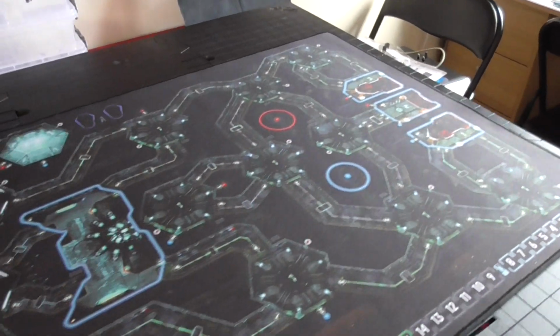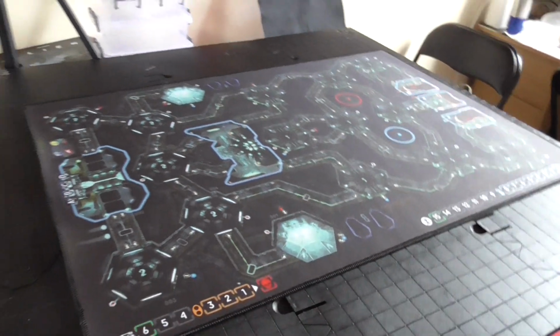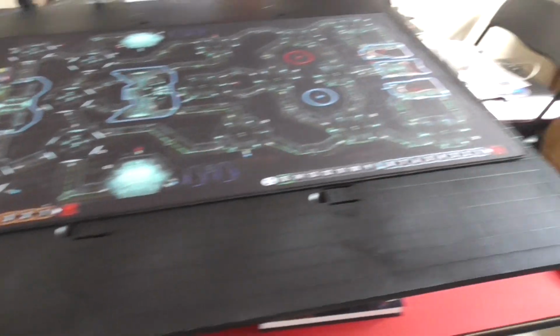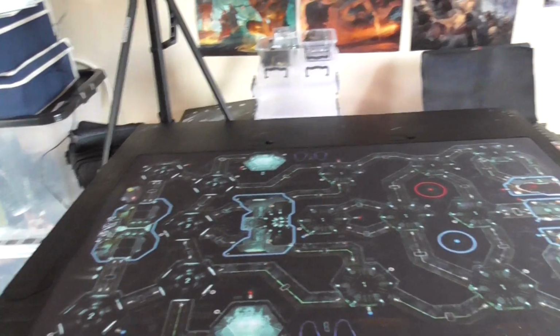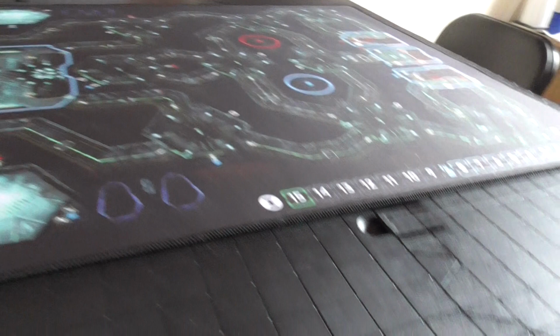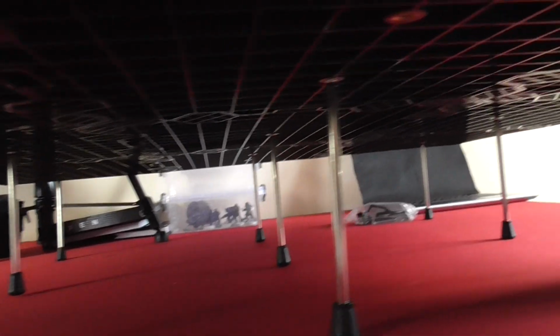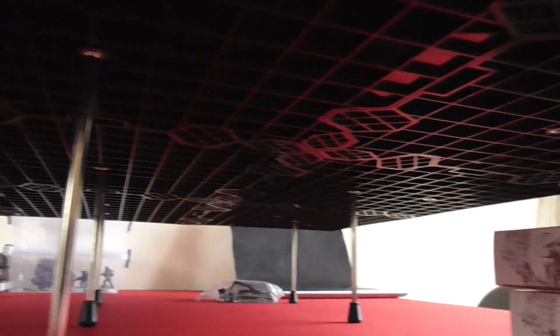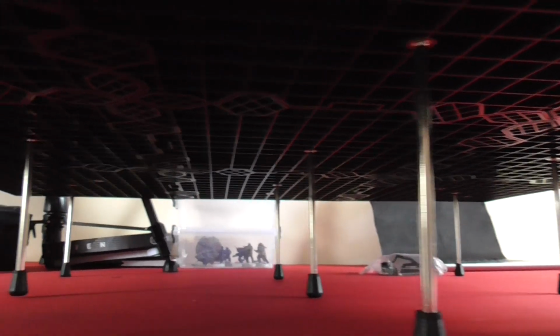So I'm going to unroll this mat, and this is for the Nemesis board game. As you can see, it fits nicely on the table. And if we look underneath the actual table itself, we've got some legs, and you have all of these points that you can put the legs into. I'm also going to try and fit some lighting under here, but you get a certain amount of legs with the table. Then you can buy extra ones, which I bought an extra pack